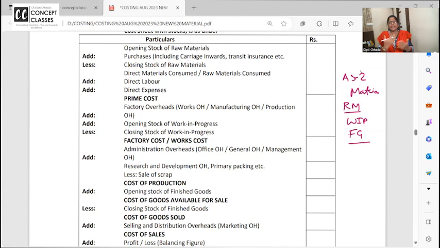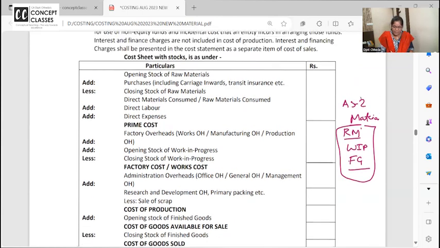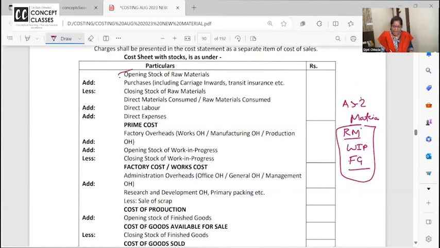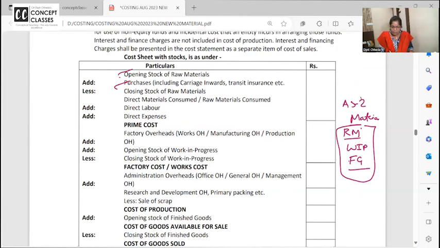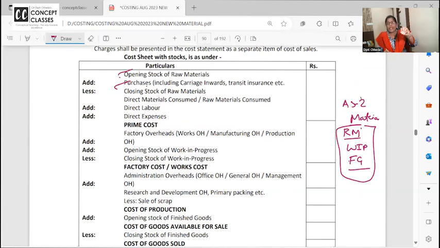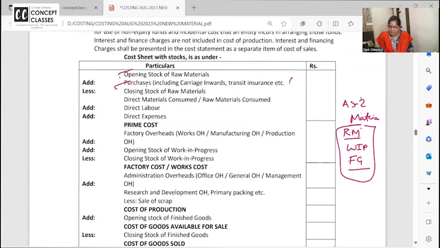So are you getting comfortable with all the terms of the cost sheet? What all stocks am I adding? Raw material, work in progress, finished goods. Now pay attention to this format of the cost sheet, especially where I am parking the stocks. Start with opening stock of raw material. Add purchases. Now purchases, the way you will write that we will study